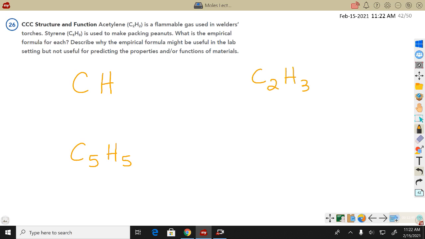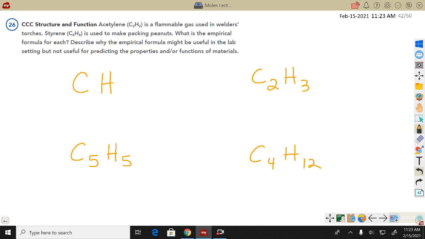Let's say I had a compound and I knew that it had the same empirical formula, but it had, I don't know, maybe 4 carbons. Well, then I could still predict the amount of hydrogen. If the same empirical formula applies, I would have 3 times as many hydrogens. I should have 12. So there are some times when knowing the empirical formula is kind of handy,